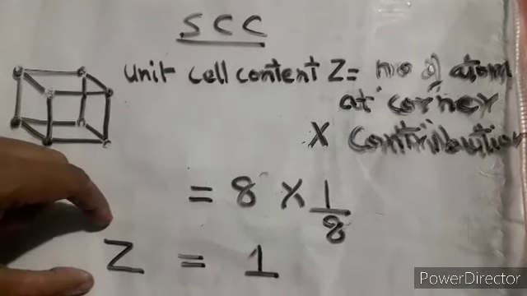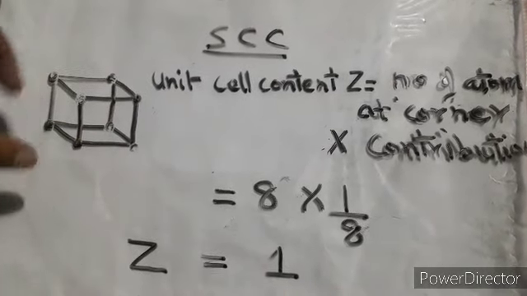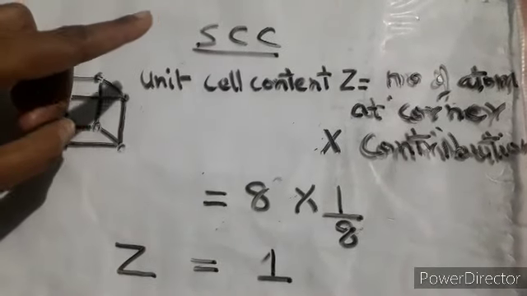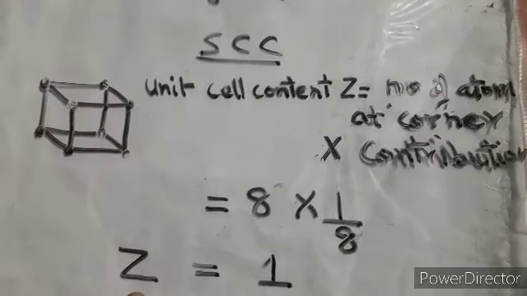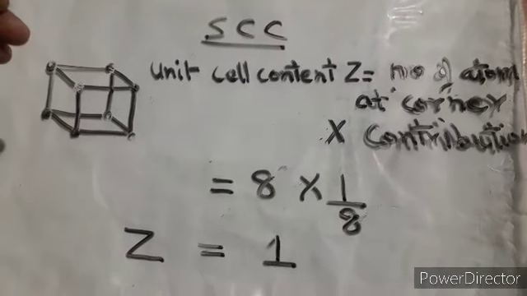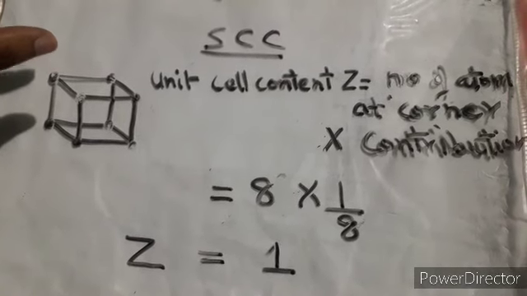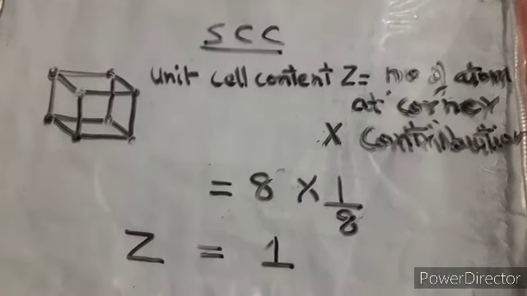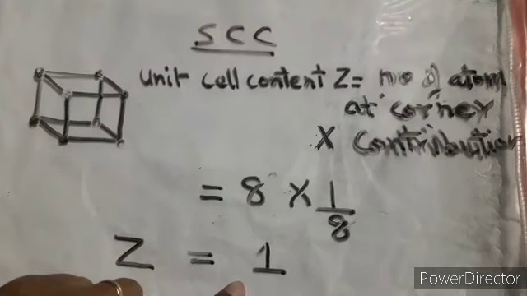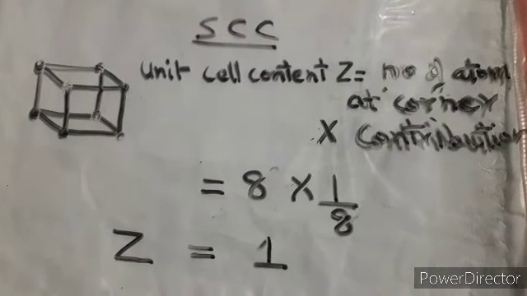That's why I'm writing it. So in total, if you cancel it up, how many atoms will you get? The value of this Z is very important, because it comes in your numerical portion. So over here we are calculating it, but please learn this value for SCC. The value of Z, or the number of atoms, is how much? 1. So in this unit cell you are seeing 8 atoms, but the exact number of atoms this unit cell can hold, or that is shared to it, is only 1. So you see 8, but only one atom is there in this particular unit cell.